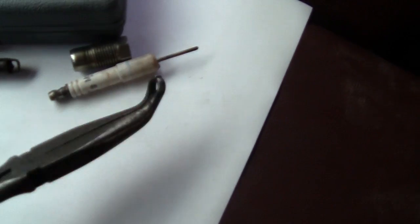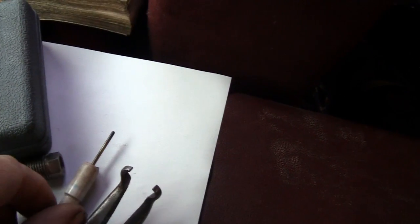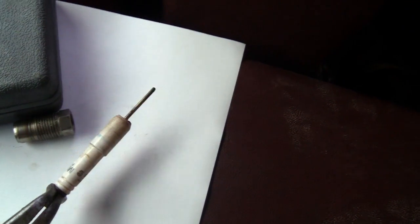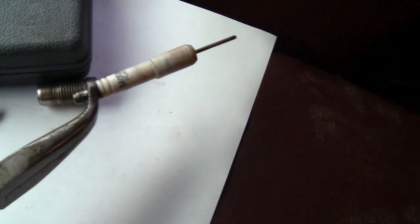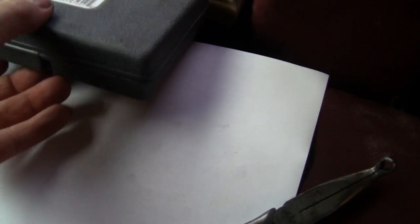What I used for that was a pair of these, I don't know if you can see it, Mac Tools needle nose. I got around the head of the plug. It's kind of hard for me to do with one hand. I got around the plug like that, and I just give it a jerk like that, and it broke it off flush with the bell, which is what you want. Okay, because the next step, once you pull that out, blow the hole out with your air line, and then